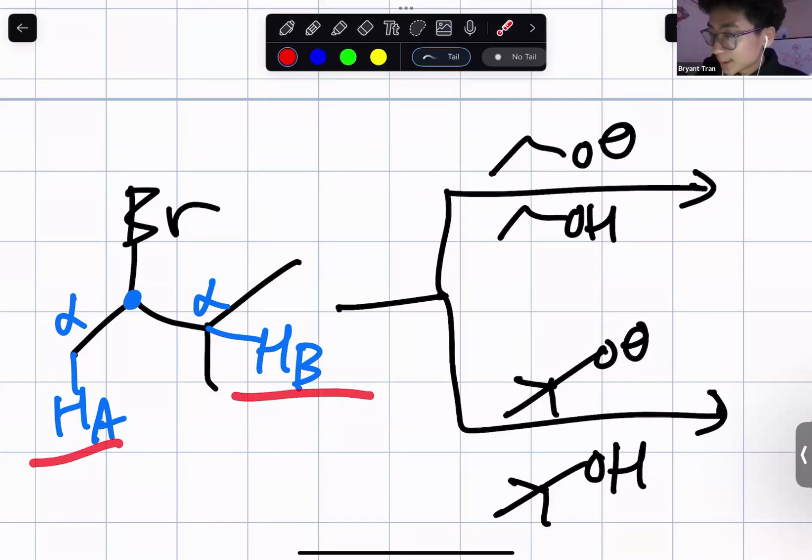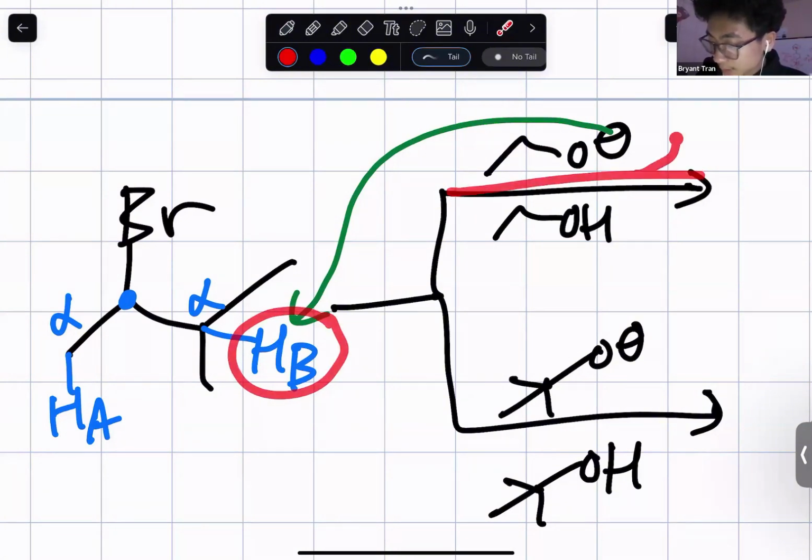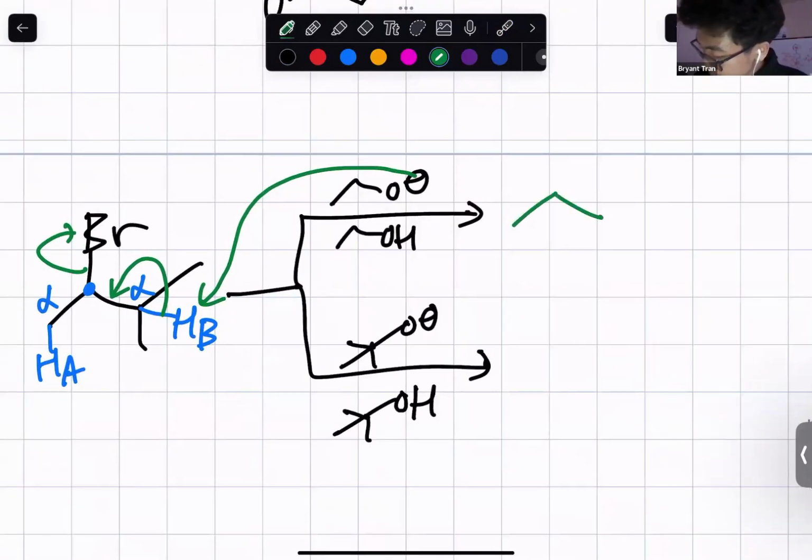So a small base is small enough to reach that B, even though it's so crowded, right? That's the preferred hydrogen to make the more stable alkene. This small base is able to do that. So this small base is going to grab that hydrogen B, make a double bond between the substrate carbon and the alpha carbon, and kick out the leaving group to give me this alkene that is tri-substituted,